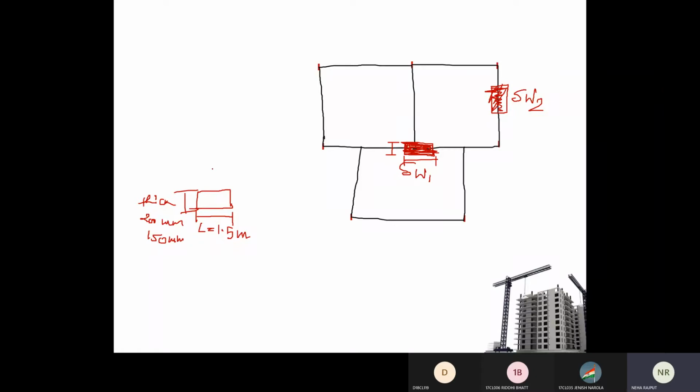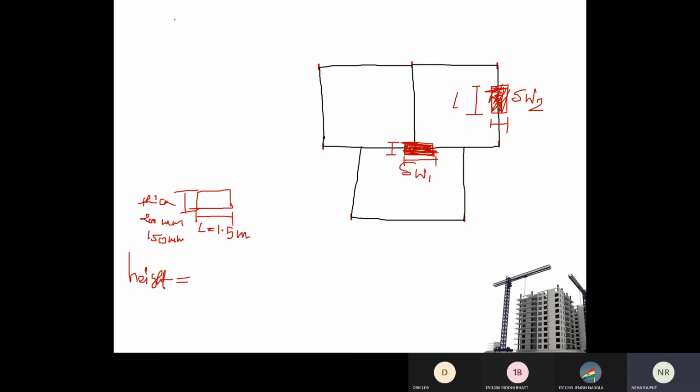And the third parameter for shear wall will be the height parameter, how much height is provided for the shear wall. So here in this case also, this is called the length because only the orientation is changed from here to here. Are you able to identify how this wall is placed? This is plan view. Are you able to recognize how this wall and this wall orientation is changed? Okay, so this way, this is the length, this will be the thickness, and the height is the third parameter.